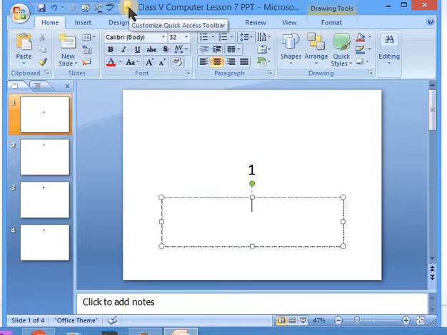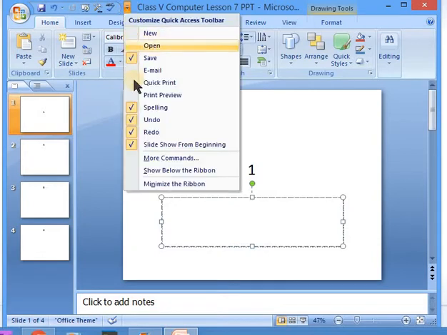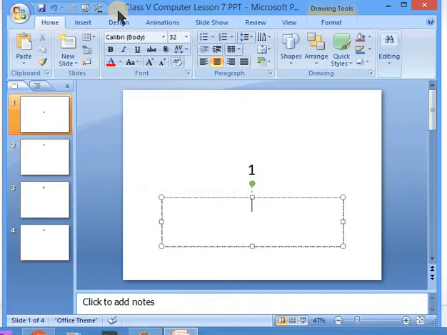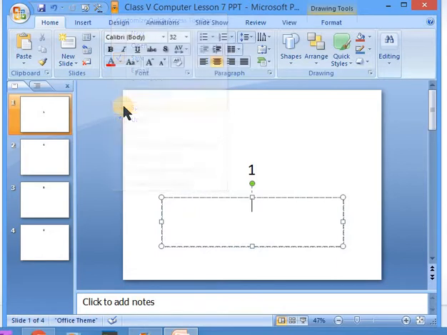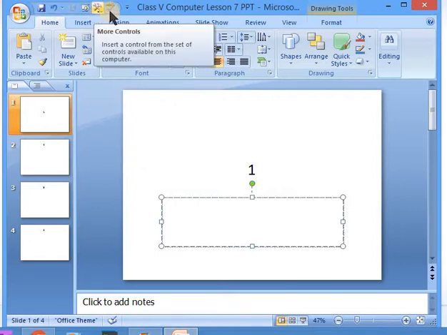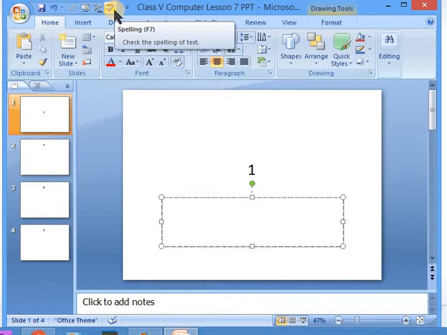Now I don't want this to be there, so I'll click on this button and I'll remove this spelling. See, this is removed now. And here again, if I want to add, I can add it. So it depends on the user what buttons the user wants to see in the quick access toolbar. So you can add or remove.